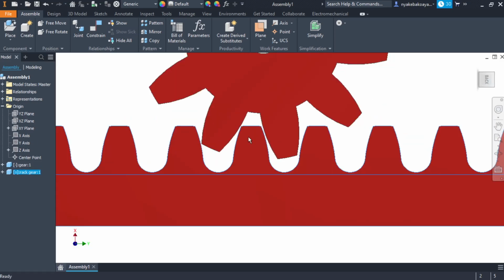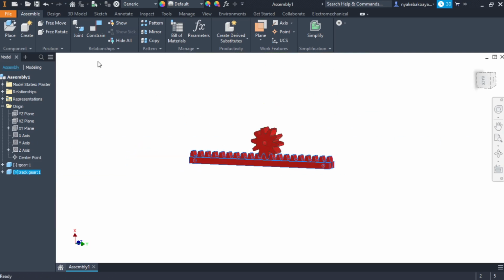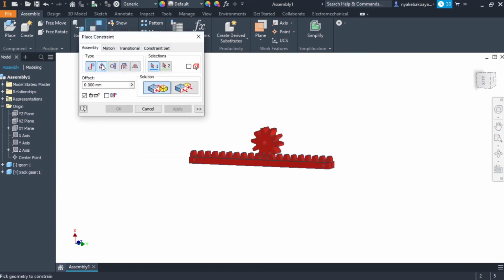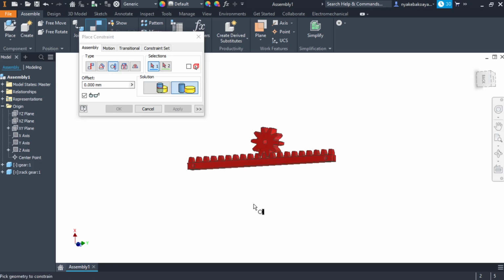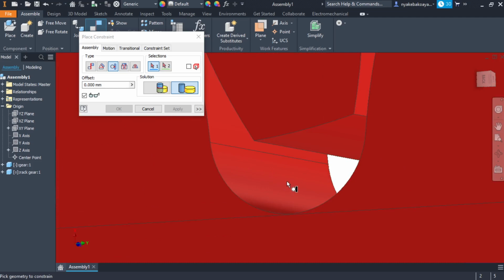Okay. All right, then I want us to look at the other command. We have normally used the mate here, but before we come to the angular constraint, I want us to look at the tangent constraint. All right, we have the angular, but I want us to look at the tangent first. Click on the tangent, and what tangent does, from your mathematics, is that it's going to make a face